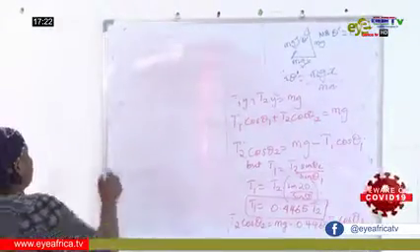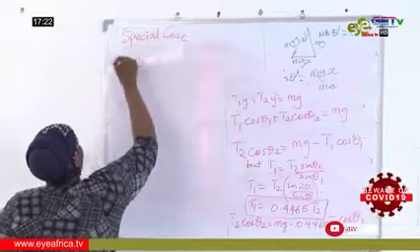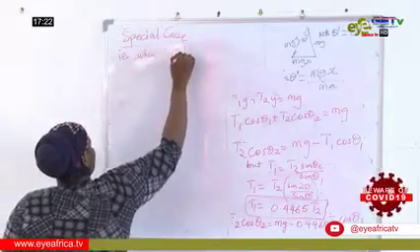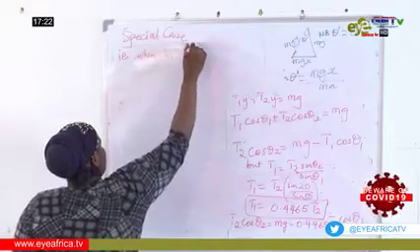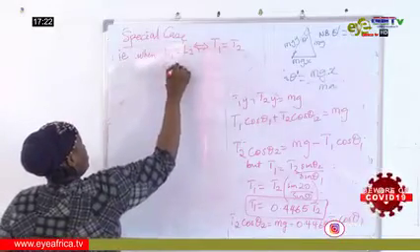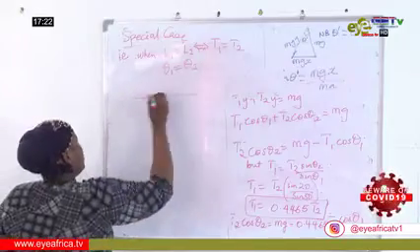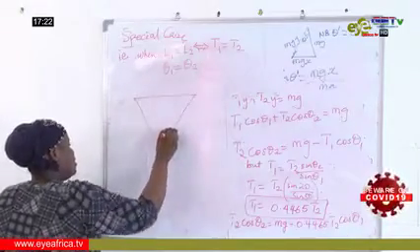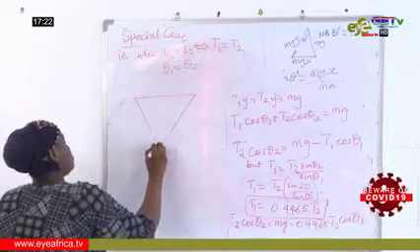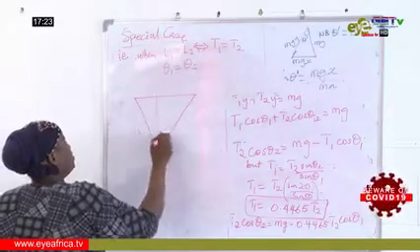This is a special case. That is when L1 is equivalent to L2. This implies that T1 is equivalent to T2. Theta 1 is also equivalent to theta 2. All you do is simplify what is given. The lines have to be the same and they're supporting the same mass. The angle is the same, so we just give it a name theta. This is T, this is T.